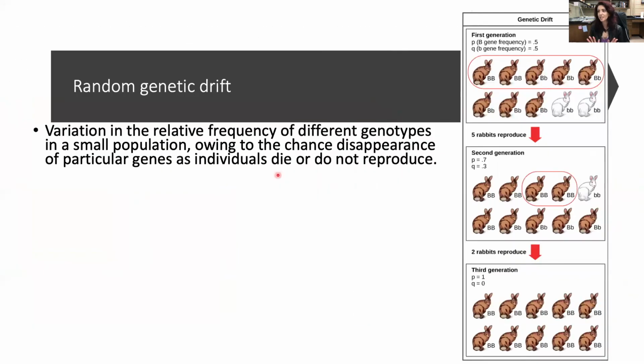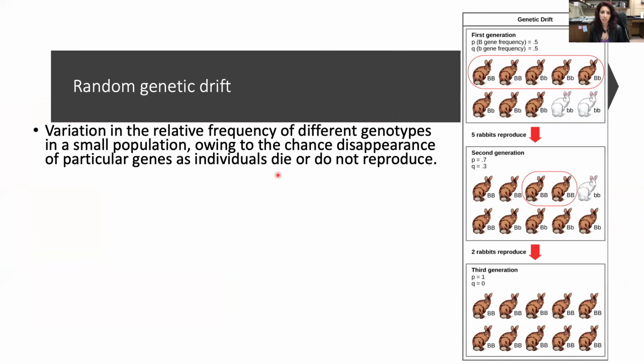Next, we have random genetic drift. And this is just what it sounds like. It happens because of random chance. This primarily takes hold in smaller populations where you might have less genetic variability. And this ultimately culminates in the chance disappearance